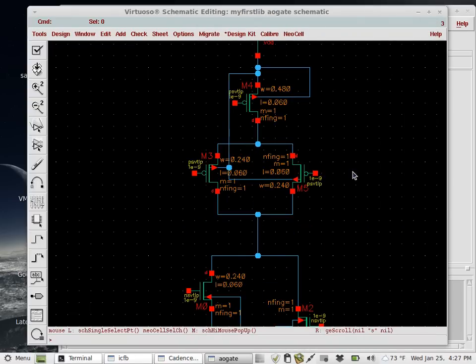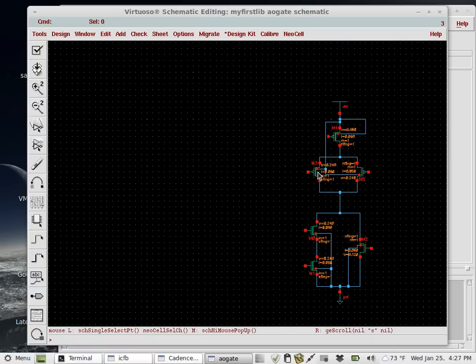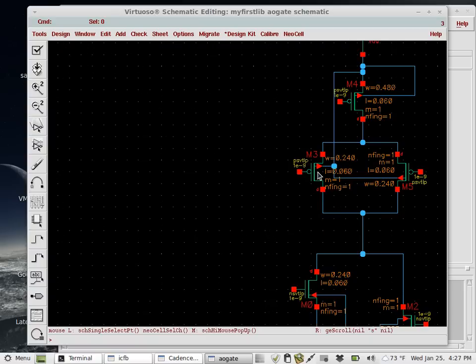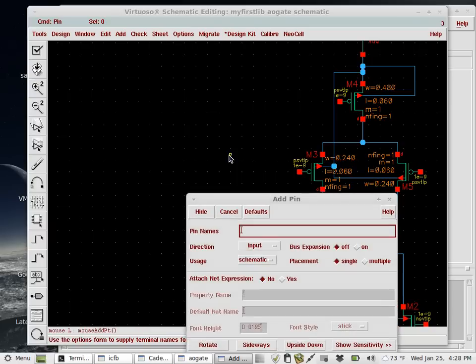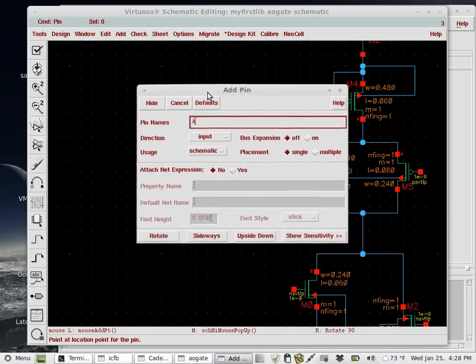So what we still need to do is the inputs and outputs, right? We have the things called pins. You press P to add a pin, or just do add pin. We're gonna need A,